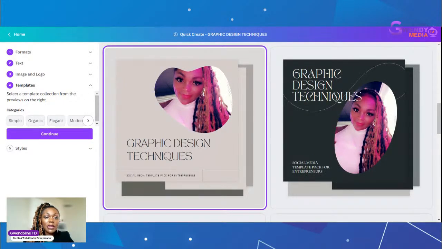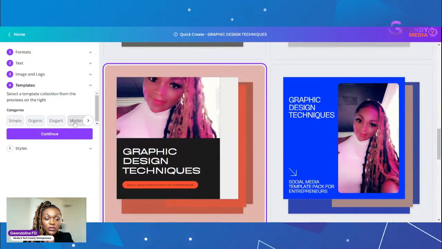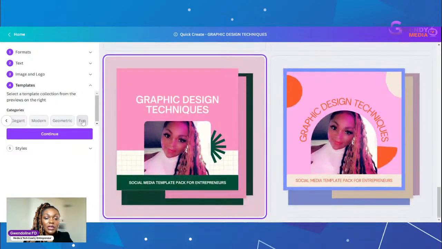This is the one that's elegant. So you just go ahead and choose whichever one you want. If you want a modern one, this is the one that is modern. If you want geometric, this is the one that's geometric. If you want the one that is fun, that is the one that is fun. So you've got all the different categories that are there, right? Whichever one you want to choose, you can go ahead and choose,